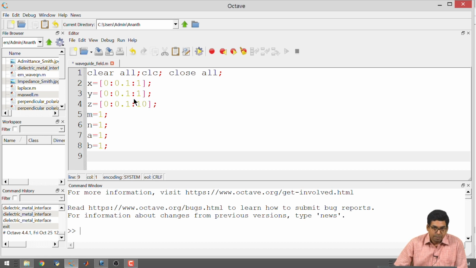Okay. And so, I had sin of m pi by a multiplied by x, sin of n pi by b multiplied by y, and then I had a travelling part, it was e to the minus j beta z. So, again I have to tell what is beta, right. I do not know beta, so I am just going to make beta equal to 1. Or just to give it a twist, we can make beta equal to 2 to signify that that is the travelling direction component of some kind. So, it is a constant relating to some travelling sort, so making it slightly different from the other things. You can make it whatever you want, it does not matter.